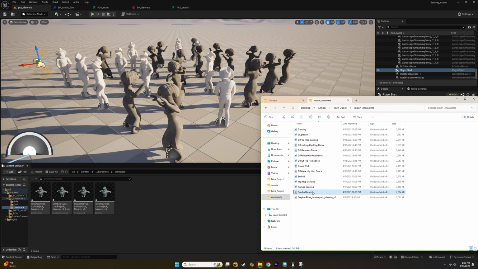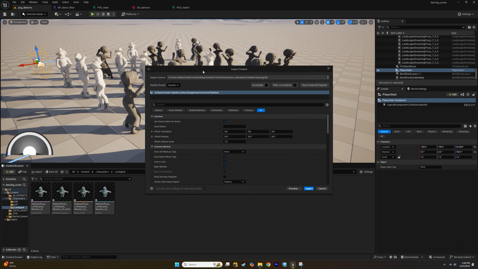So now, these are all the dance waves of that character. And when you are getting these poses from Mixamo, make sure they all have the same skeleton. They will also all need to have the same skeletal mesh. So the same character mesh will have to be on all of them, and the same skeleton will have to be on all of them. Basically do that when you're opening it in Mixamo. Just download the T-pose when you first upload the character, and then all the dancing animations that you put on it. So if we do this like samba dancing,